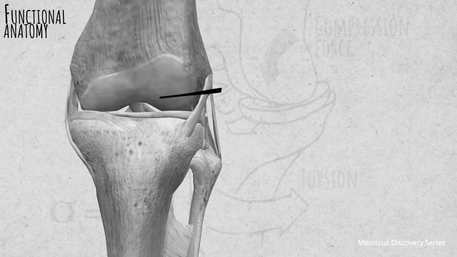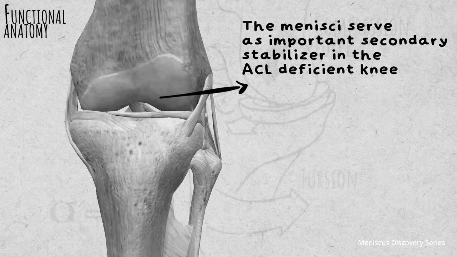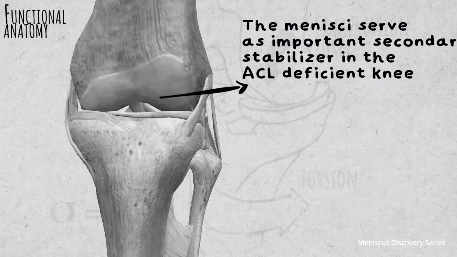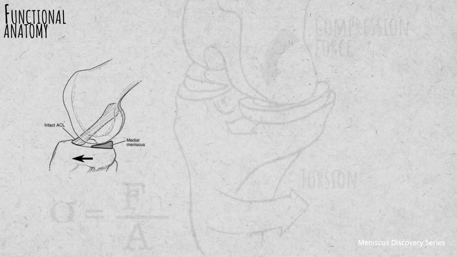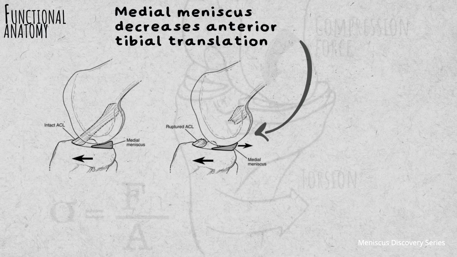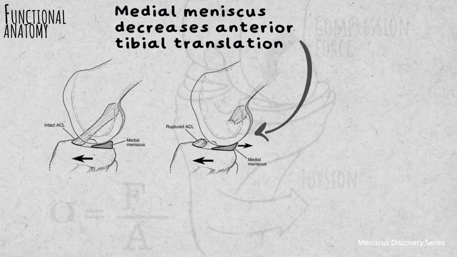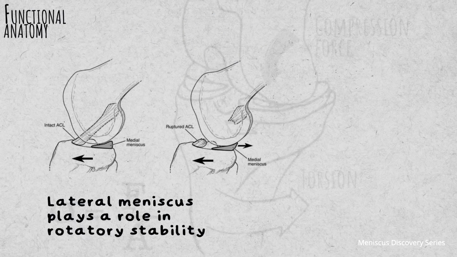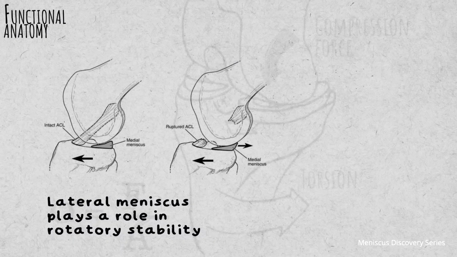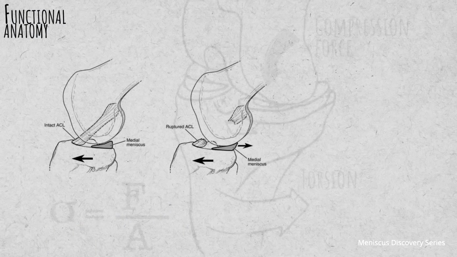The menisci serve as important secondary stabilizers in the ACL deficient knee, and cadaveric biomechanical studies demonstrate that the medial meniscus plays a role in decreasing anterior tibial translation during a simulated Lachman exam, while the lateral meniscus plays a role in rotatory stability during a pivot shift maneuver. This information is relevant to the clinician when considering meniscus allograft transplantation to replace lost meniscus function in the setting